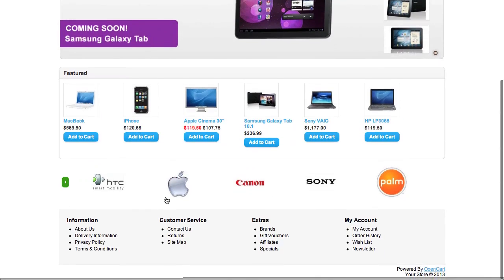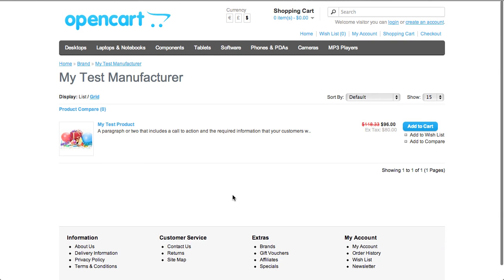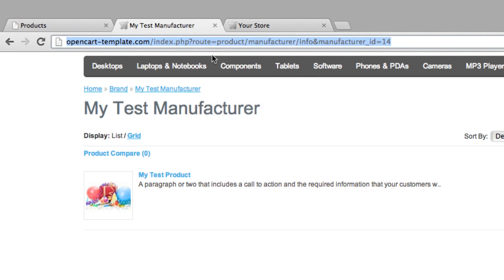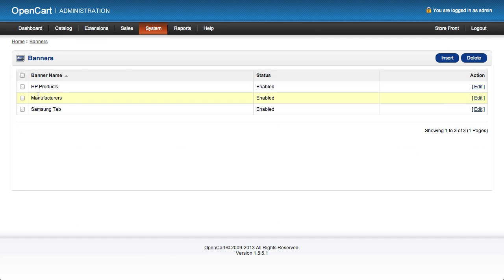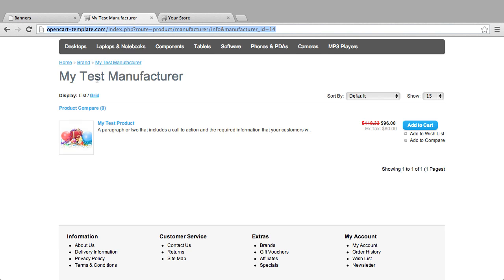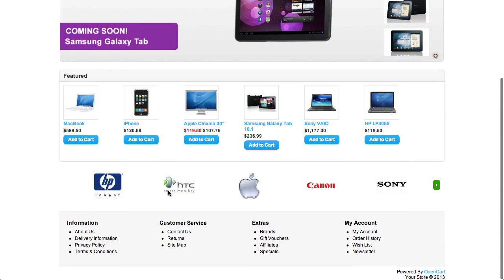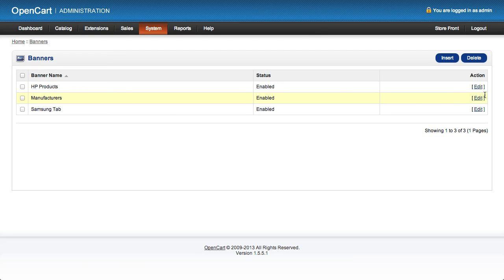Well, the first thing we need to do is we need to go back to our manufacturer page, and we need to go up in the address bar, and we need to copy this URL. This is the URL, the direct link to our manufacturer's page. Then we can go back to our admin panel, system, design, banners, and we can see that that banner that we've been looking at and admiring how we'd like to put our manufacturer in, this one here, has already been set up there, and it's called manufacturers. So we're going to edit it,